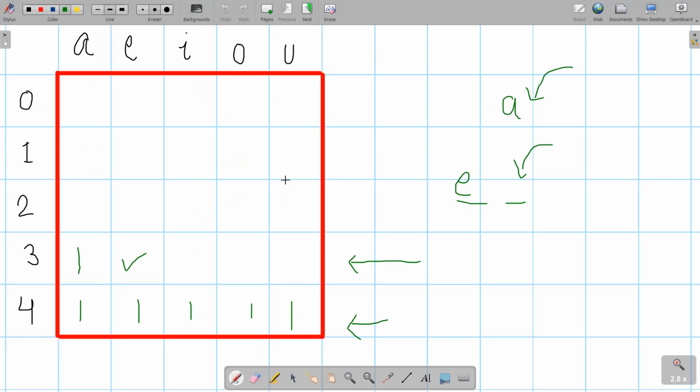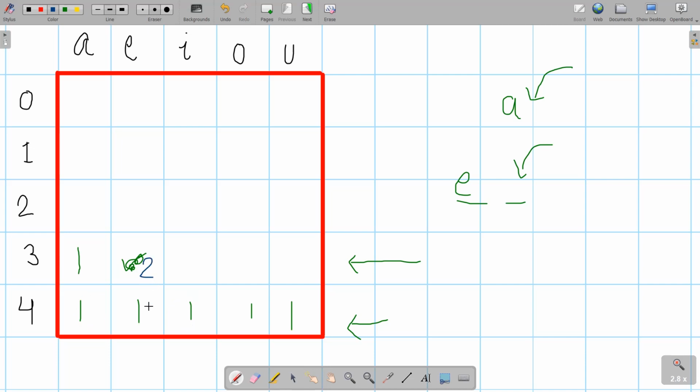For my current character at this position, the next character will come from this one or this one, either A or I. I add up these two values, so it becomes 2.